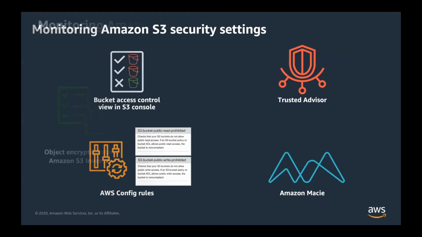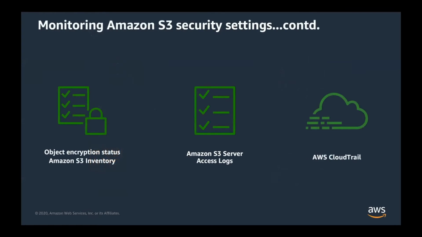In addition to some of these, we also have object encryption status through things like Amazon S3 Inventory, but you also have S3 server access logs, which can give you insight into every data plane activity as well. That enables you to do things like, if you put an object into an S3 bucket, you can use that event to do certain things, as well as use AWS CloudTrail to capture any API calls made against S3 as a service. So if you're doing a list buckets within an account, those would be things you would capture